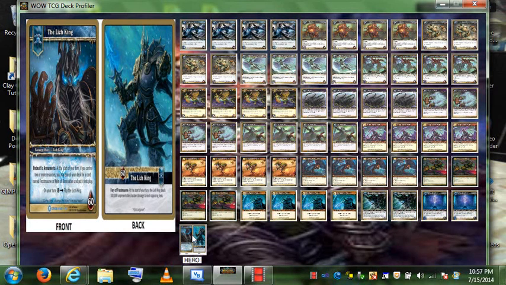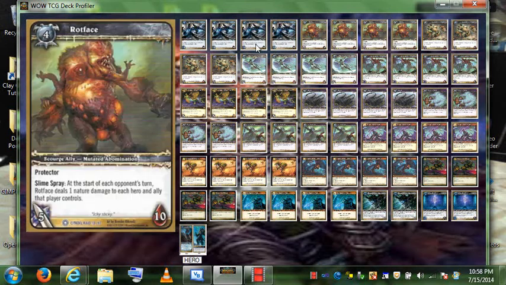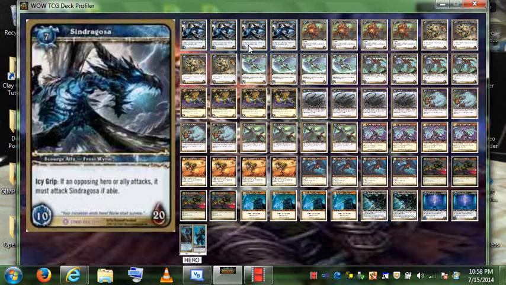So this is my Lich King raid deck, and this is the Alliance. I'm not down with the Horde, I can. Alright, so I got a 7-drop